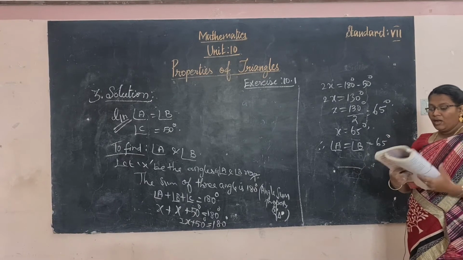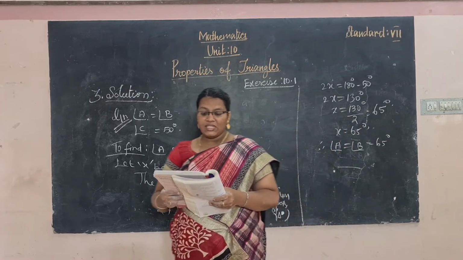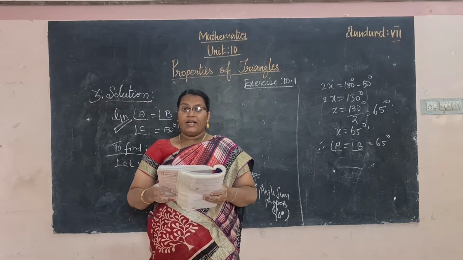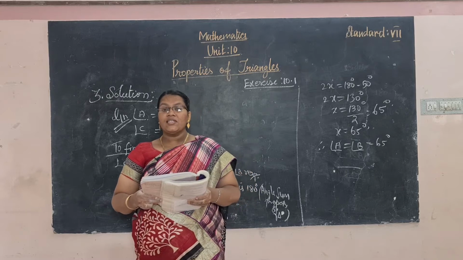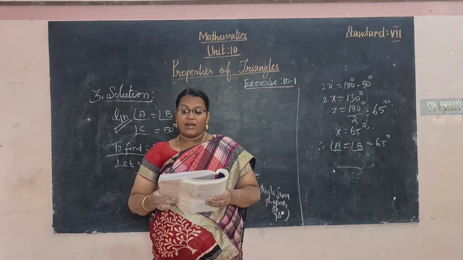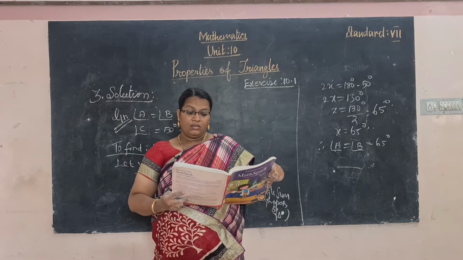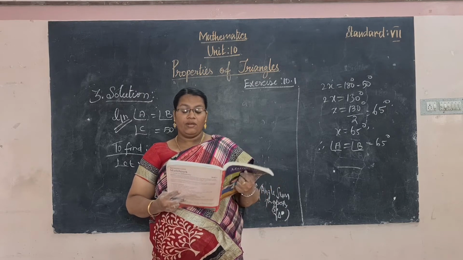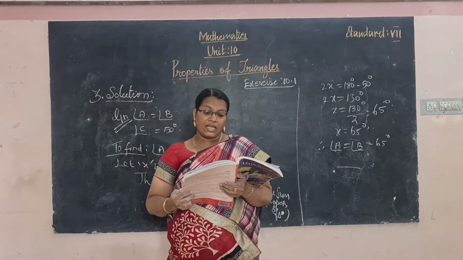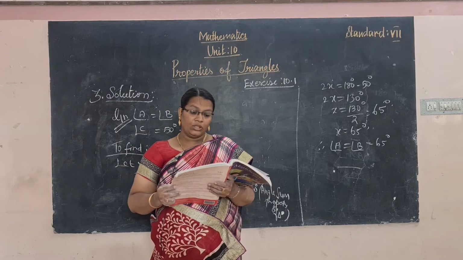And the fourth one: find the measure of each angle of an equilateral triangle. This is the easiest one. An equilateral triangle has equal sides and equal angles. So let X be the equal angles of the triangle. Can you do it as homework? Try to do it, and if you have any doubt, ask me. So the fourth one is homework. First one and fourth one are homework, second and third we did. Now move to the fifth problem.